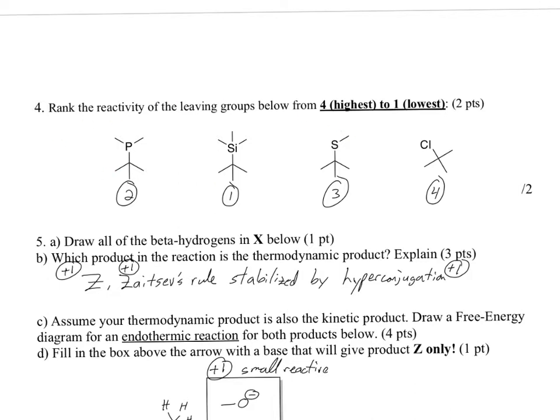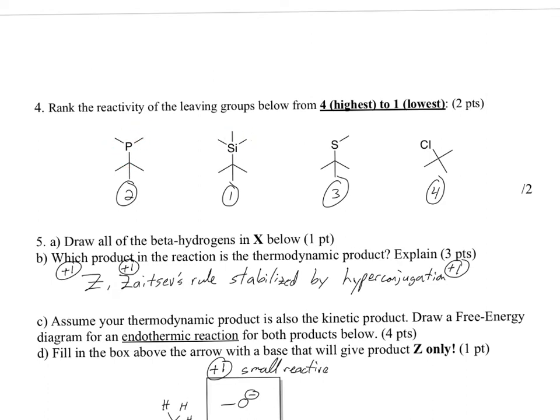Rank these by the reactivity of the leaving group. So be careful. The highest reactive one would be 4. Lowest is 1. Look at the relationship between these. So they're all